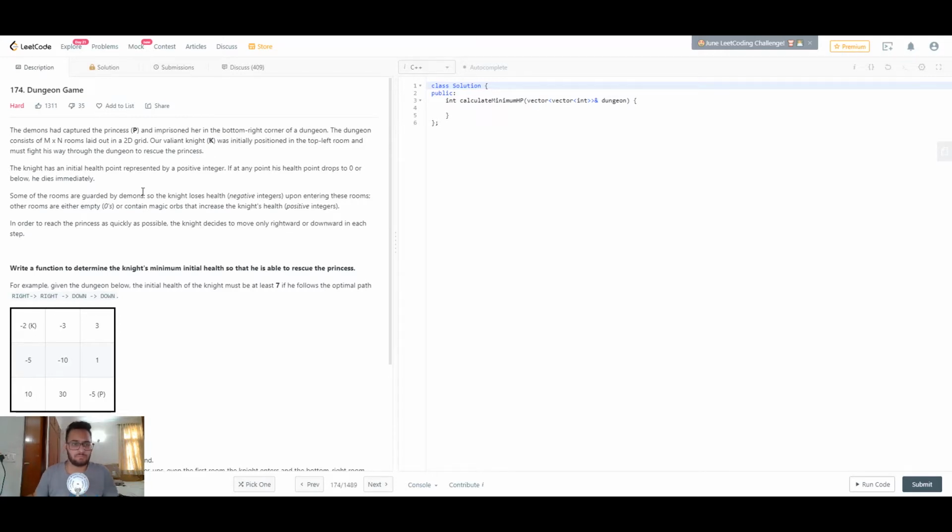Now the thing is, we need to find the way to reach the princess in the bottom right, by only moving in the rightward or the downward direction in each step, and we need to determine the minimum health that we need to start off with to save the princess, right? So the minimum health that we need to start off with, so that we don't die inside any of the rooms, our health doesn't drop below 0 in any of the rooms. So yeah, that is basically the problem statement. And let's start